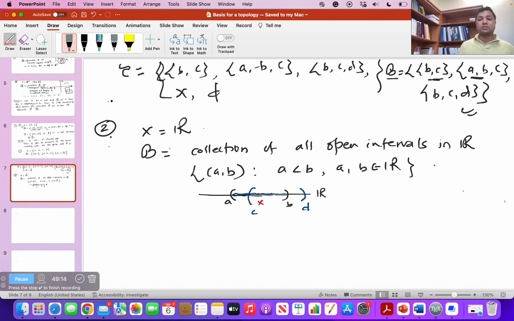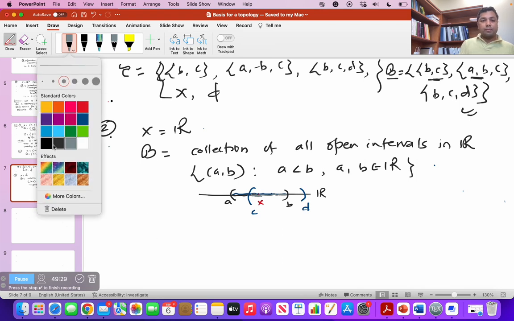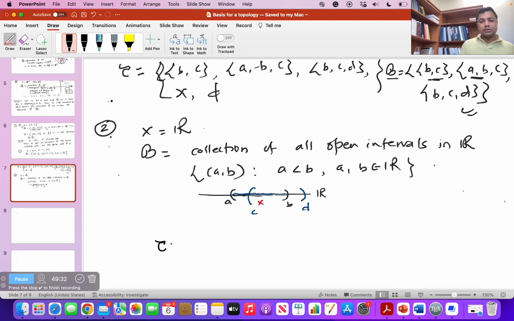So this collection satisfies both properties, so this collection is a basis for a topology on the real line R. Then the topology generated by this basis. By using that lemma, we can construct the topology generated by this basis. Let's call that topology tau, and according to that lemma, the topology generated by script B, let's call that topology tau, is going to be